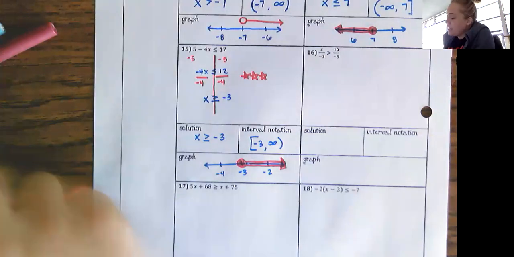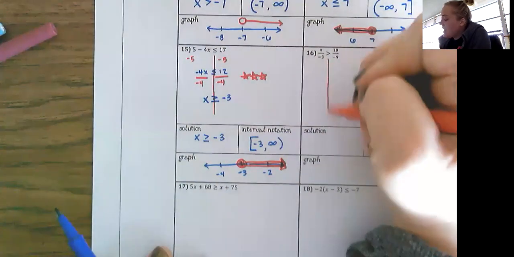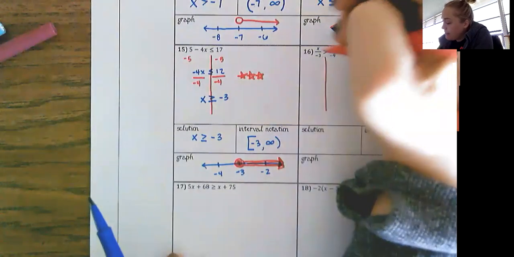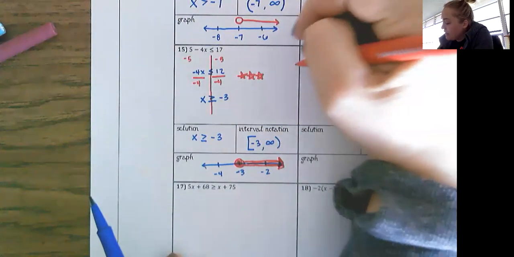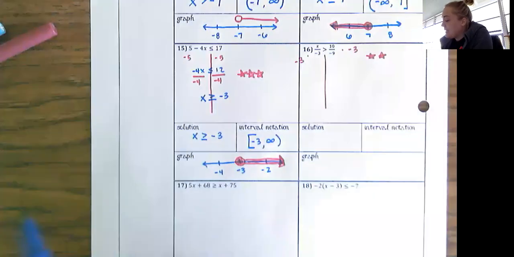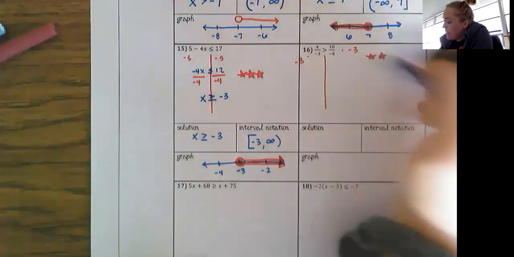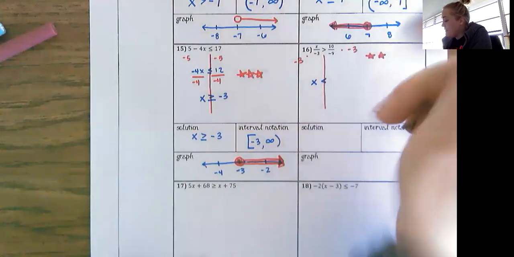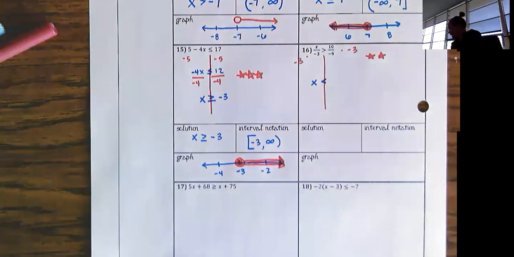Oh no, a fraction! Okay, well, let's figure it out. How do you undo x divided by -3? Well, to undo dividing by -3, I need to multiply by -3, multiply by -3. That is done on both sides, and I have to flip the symbol. So I end up with x being less than, and if I am doing 10 over -9,